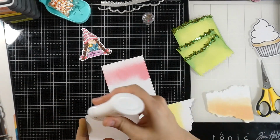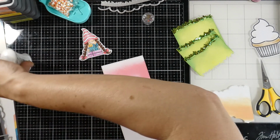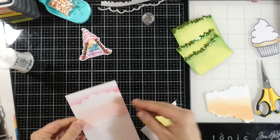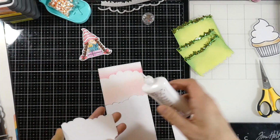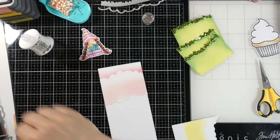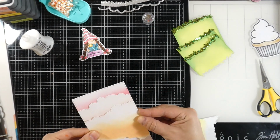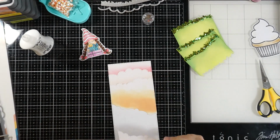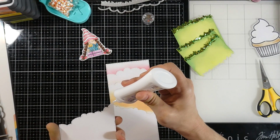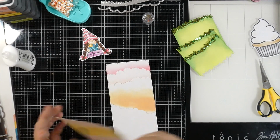Now we're going to start assembling our card base, or our card panel. So we're just going to take each one of those clouds and set that on there. I love how the stitching is going to be cohesive all around, including the clouds. Even though those are separate pieces, it adds lots of dimension, and it adds a lot of fun to have that stitched detail. And we're just kind of going along, adding those. And then when it comes time to put down our grass, I'm only going to put down the first one,